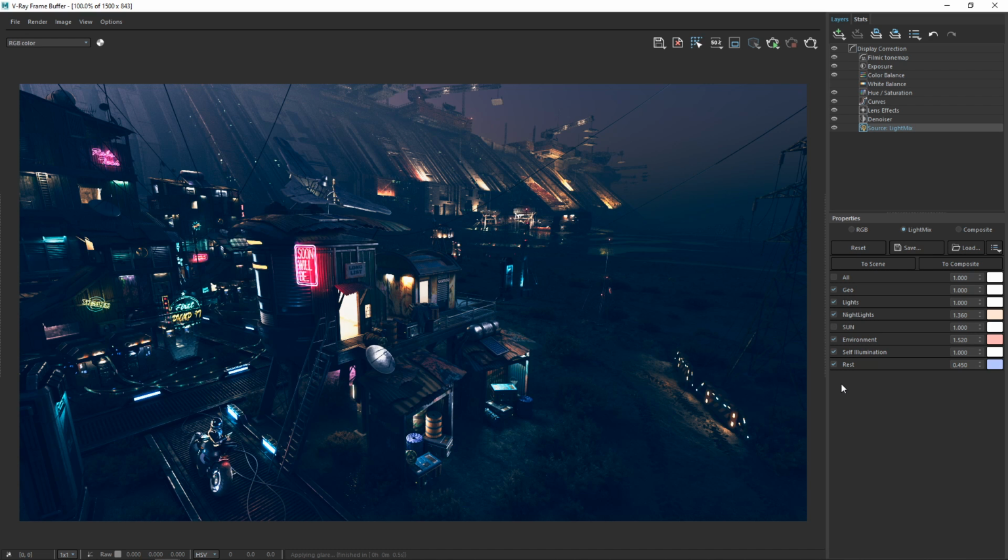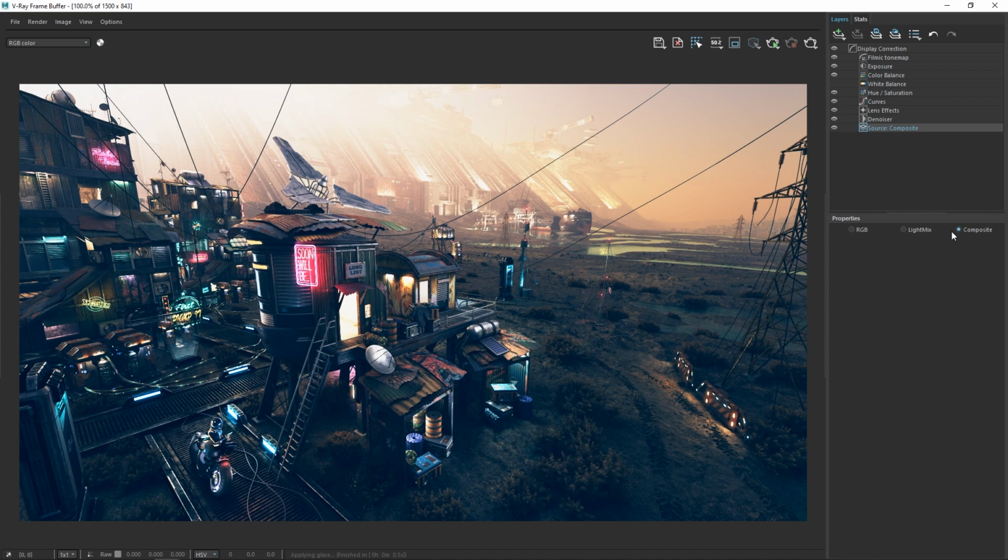If you're happy with your changes, but want to explore some other moods, you can also save these light mix settings as a preset using the save icon here, or send these changes over to the Compositor to work on them further. In this case, however, I'd like to move on from the light mixer with a clean slate, so we can simply click on the Composite icon to switch modes and explore the new Composite layer editor. Now you'll see that we're back to viewing our original rendered image, and we can proceed forward from here to